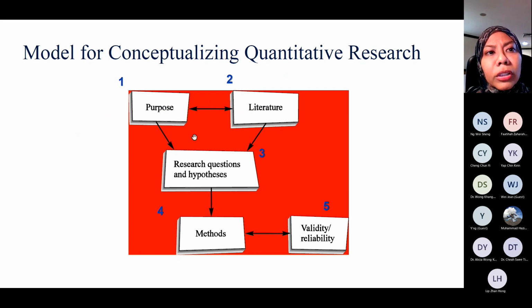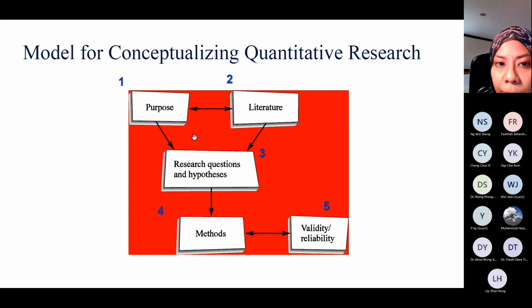All right, now we move on to the model for conceptualizing quantitative research. This overall model will give us the picture of how the quantitative research will be. The first thing first, we must always have the purpose. That's why having a topic is very important before we move further.